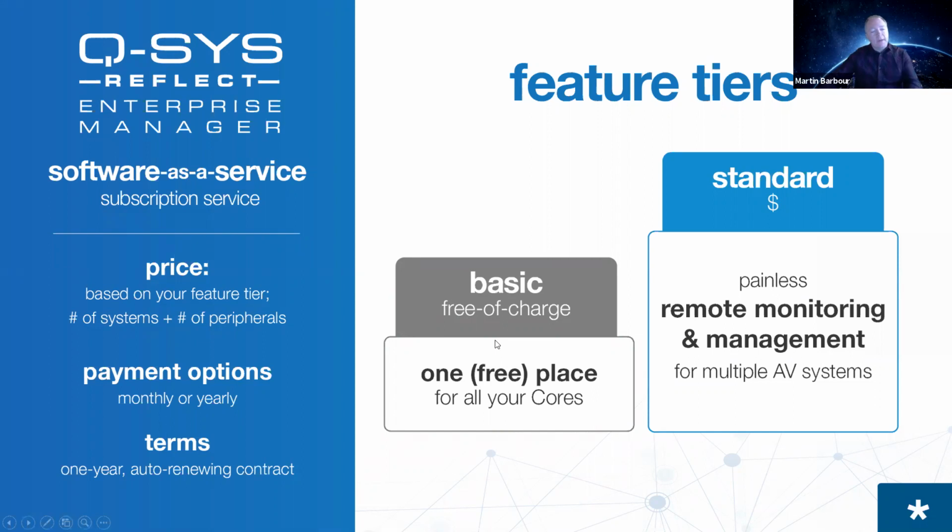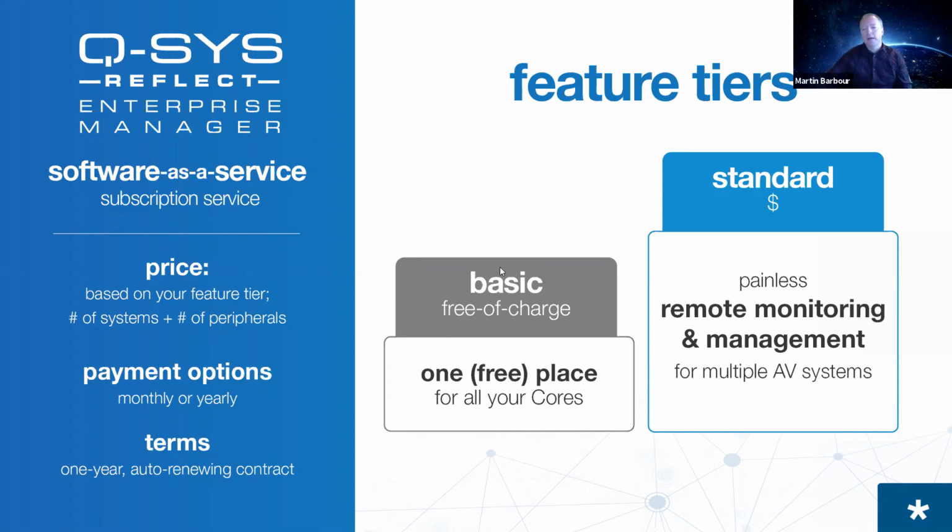So with respect to going back to the payment side for a moment, subscription service, again, we've seen how the price is constructed, monthly or yearly payment terms, and it is a 1-year contract with an auto-renewing contract. So from a tiers perspective, free basic tier, paid standard tier, this is what's available today. You can go on, sign up for a solution right now,